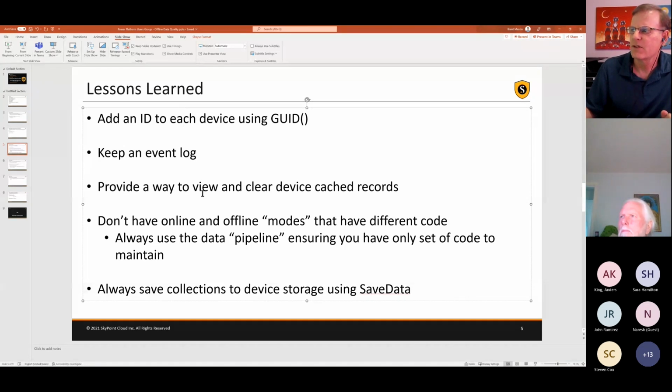Mentioned it previously, but a way to view and clear the device cached record. I'll talk about this in the next bullet, but when you are collecting data from your offline device, your cell phone or tablet, you want to cache that into the device, into a collection, and then regularly write that collection to your device storage memory. And if you get data in there and you can't get it out,